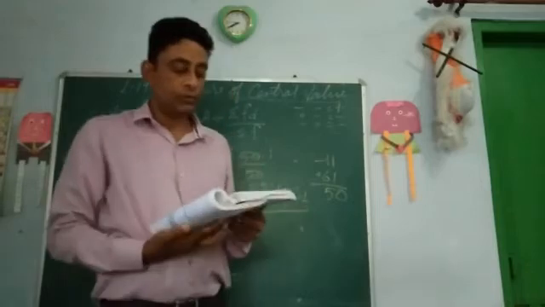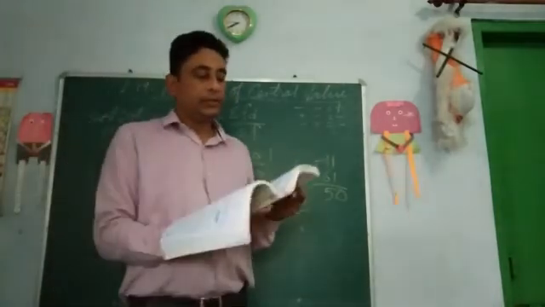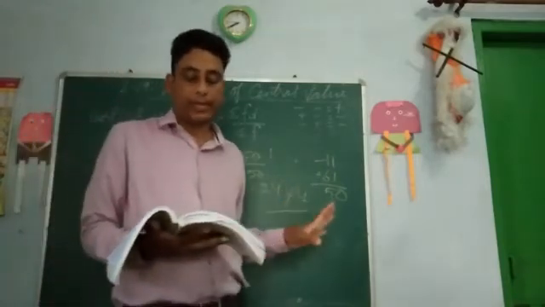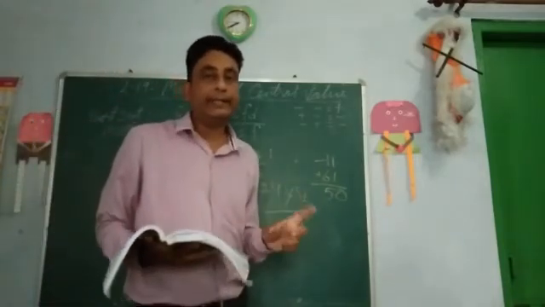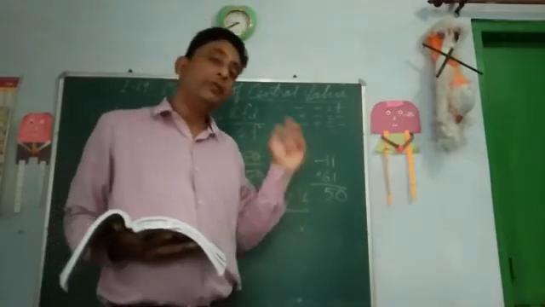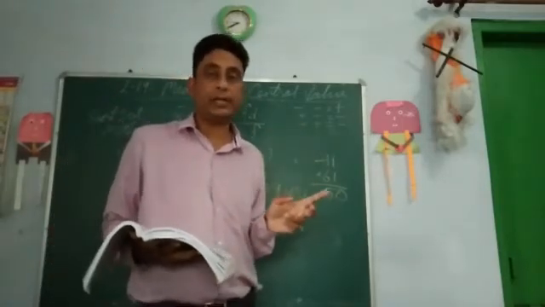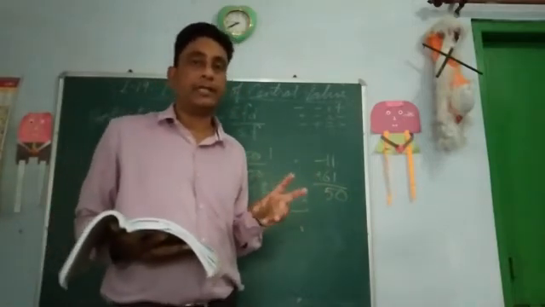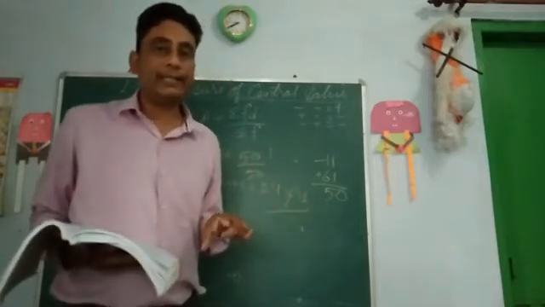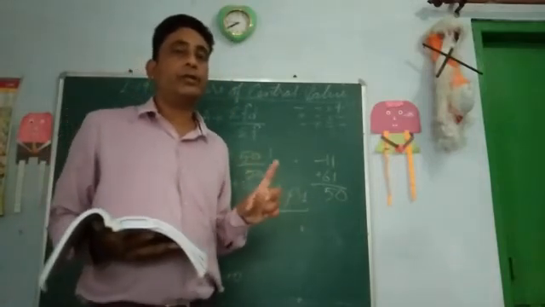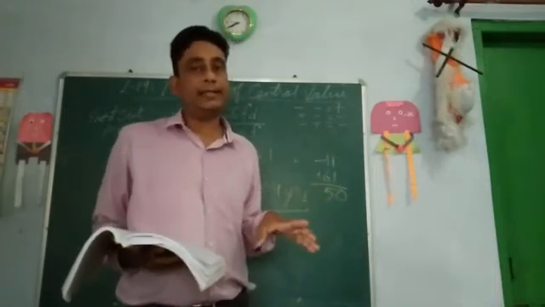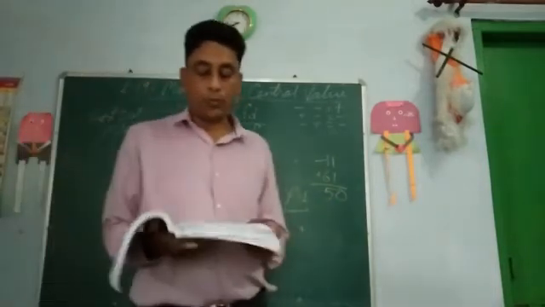Fine. So this we have concluded through the shortcut method. Direct method and shortcut method we have both seen in the discrete series, which has a frequency array. In the individual series also we have seen the shortcut method and direct method of arithmetic mean, and in the discrete series also we have seen how to take out arithmetic mean through the shortcut method and direct method. Fine. So this is over.